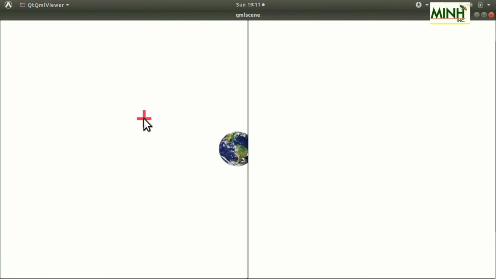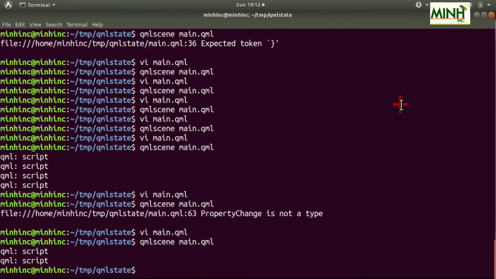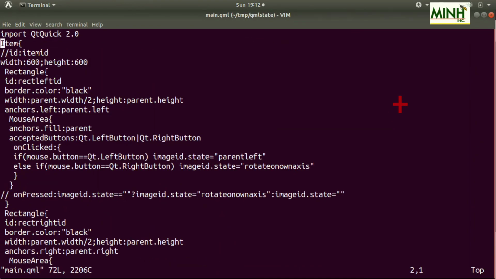Now I am clicking left button, actually it is moving. So parent is left rectangle. Now I'll go here, I'll do same thing, it is coming here. Okay, and coming to default state. So I can press left. So I think we can change it other way. So that is nice. So idea here is we have two rectangles, left and right, and